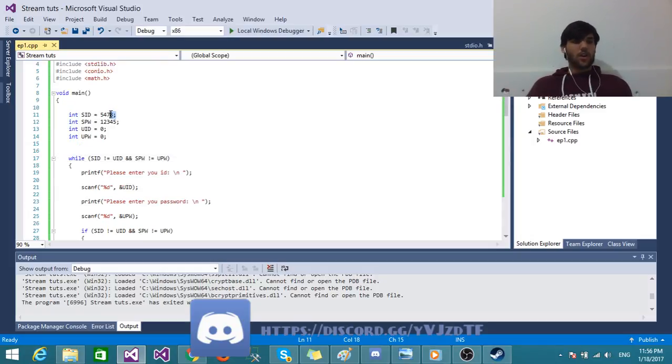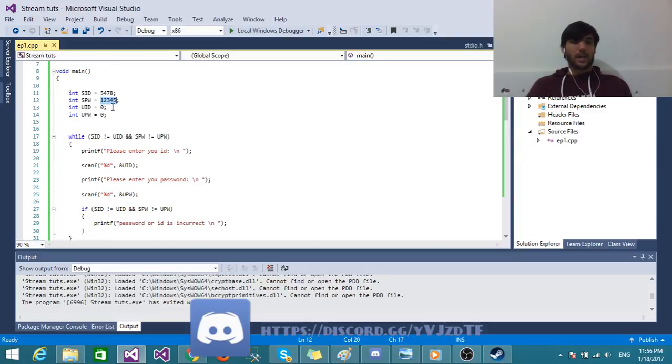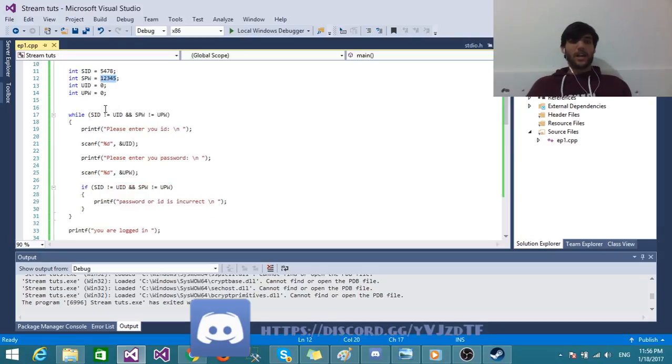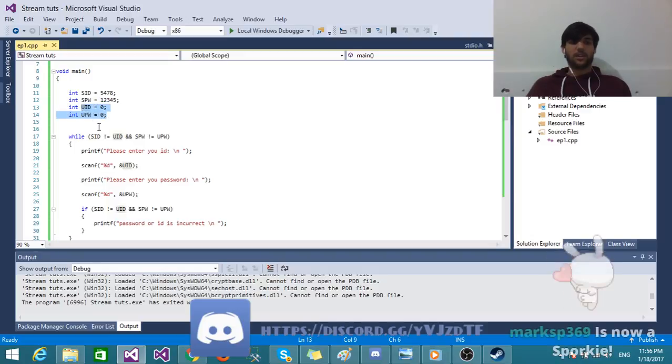Okay, so let's go over what we did here. We created an integer variable. We called it SID for stored ID, and we did the same thing for password, stored password. The ID is equal to 5478, and the stored password is equal to 12345. Now, as we said before, we want to initialize the UID and UPW since that's something the user will input. You could also not initialize it, but in our case, because we're using a while loop, things have to be initialized because